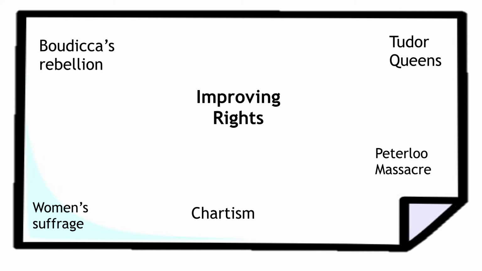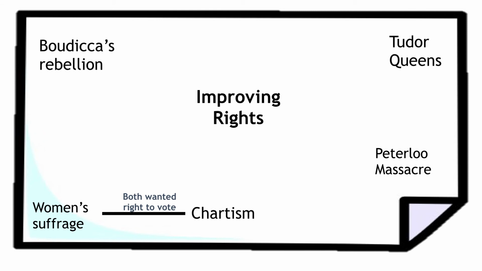So first one, let's see how the women's suffrage is related to Chartism. There's lots and lots of links. I've just done a very basic version, so you can make more links than what you're about to see on the screen. So if we look at these two, think about how they are linked, okay? So the obvious one is that they both wanted the right to vote. Okay, so that is a link between them, so it's a similarity or how they are linked. You can also say that Chartism came first, and that is what inspired the women's suffrage. You can talk about the methods of protest, so they both use violence, but they also both use peaceful protests as well. Okay,